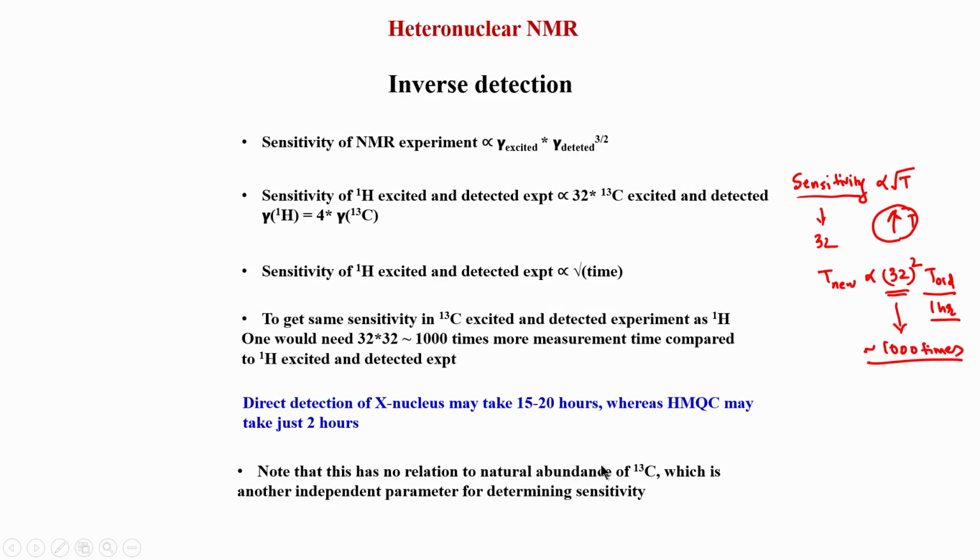So, in biomolecules we necessarily have to enrich the molecule with carbon 13. It is virtually impossible to do carbon 13 natural abundance experiments on biomolecules, which are already low in sensitivity and low in concentration, and therefore it is very imperative to do isotope labeling.